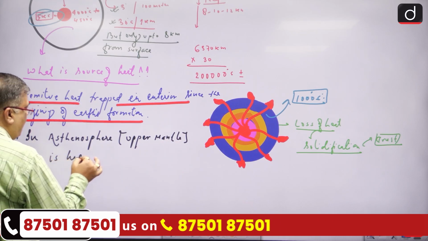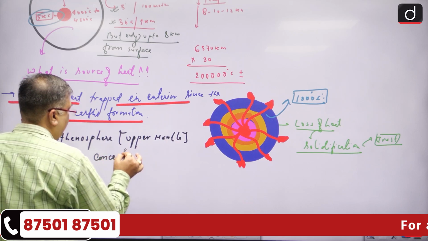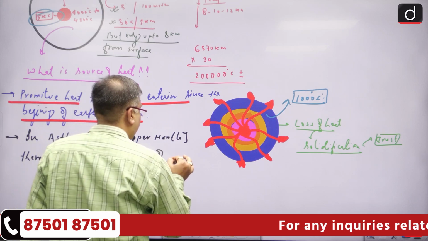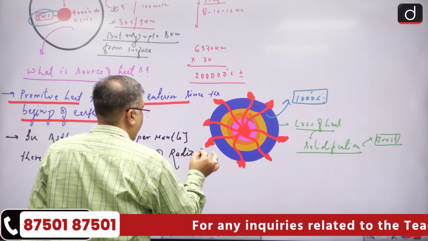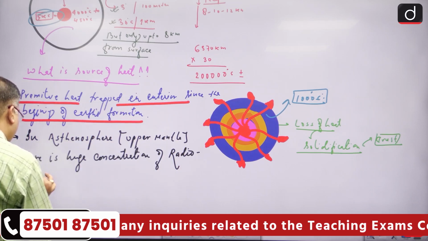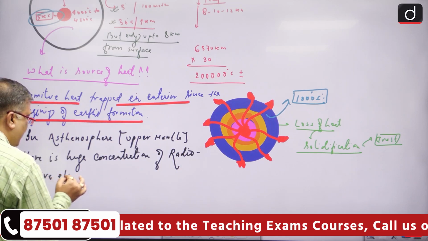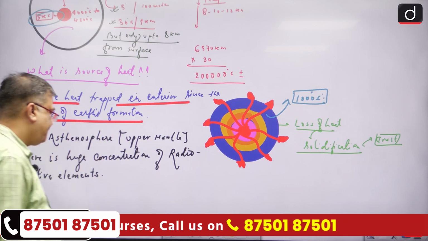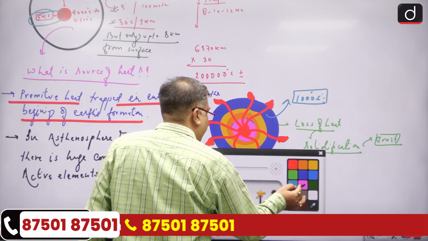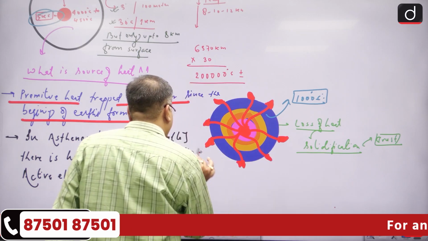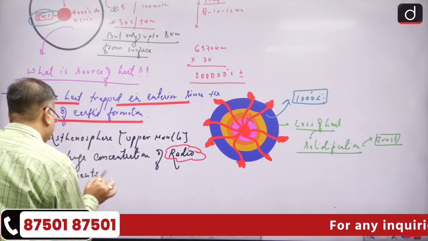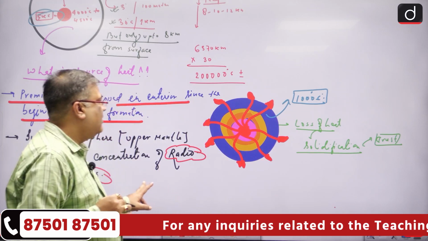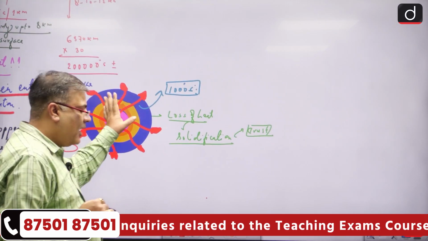There is a huge concentration of radioactive elements, and these are responsible for this. Now, when we say there is a huge concentration of radioactive elements in the upper mantle,